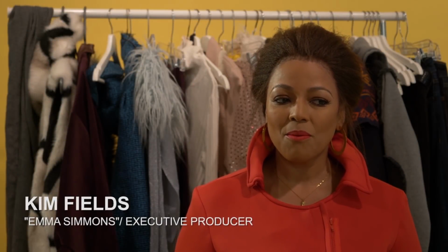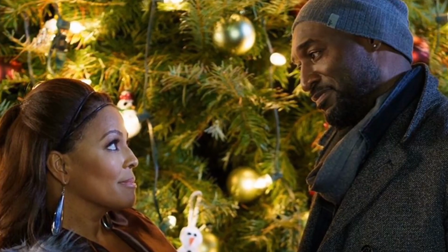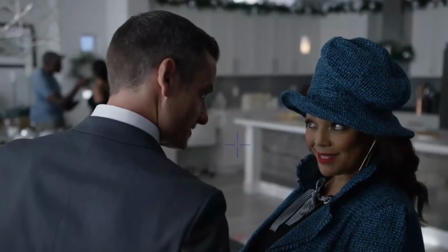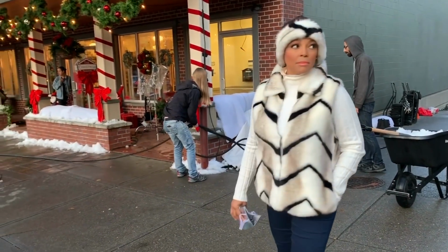Designing Emma was a wonderful undertaking for this beautiful Christmas movie. It's a love story, the story of a town rediscovering and rekindling its light. And there, swirling about in the center of all of that, is Emma Simmons. She's a successful real estate agent who cares deeply for her family and her town. She is the heir apparent, so to speak, of a Christmas light factory that her great-grandfather started. She comes back to her beautiful small town in Colorado and rediscovers her own inner light, and doesn't realize that her inner light is the spark to get the town's light to shine brighter,